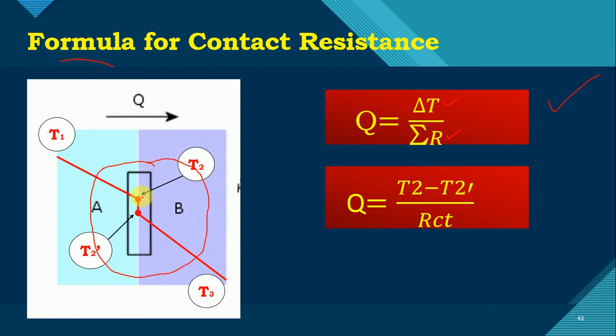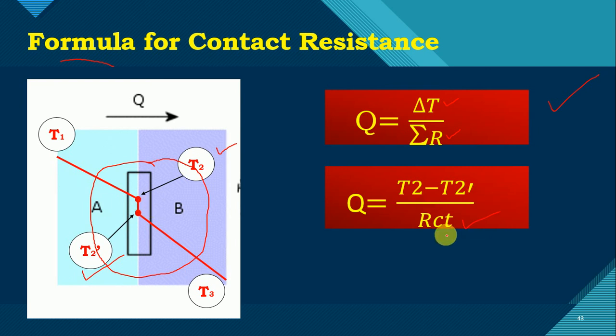What does the formula say? The temperature difference at the contact surface, what is it? That is T2 minus T2 dash. That is the temperature difference. Whereas what is the resistance between these two? That is the thermal contact resistance. So RCT is the contact resistance or thermal contact resistance. That is what I have used symbolically. Some books use other symbols, but you have to understand, for this lecture I have used RCT as the thermal contact resistance, T2 as the temperature before contact resistance, T2 dash as the temperature after contact resistance, and the temperature drop because of contact resistance is T2 minus T2 dash.